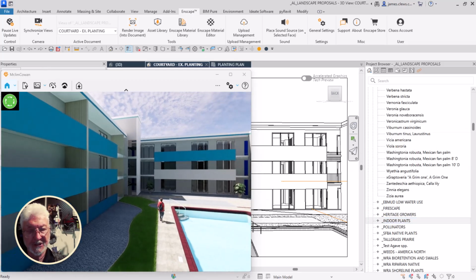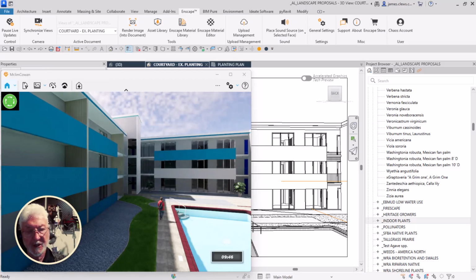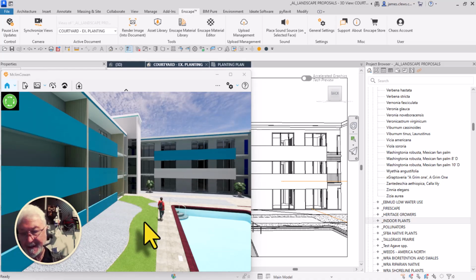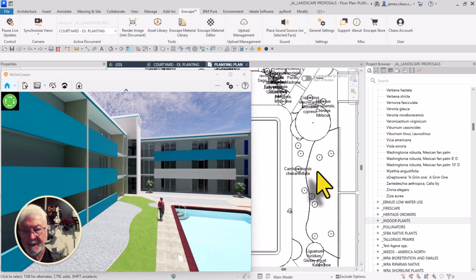So looking at this photorealistic view of the model as I work on it, I'll just change it so the time of day is closer to midday, where I can see this area of my site. And the concept that I want to show is that you can be working in your model. So for example,